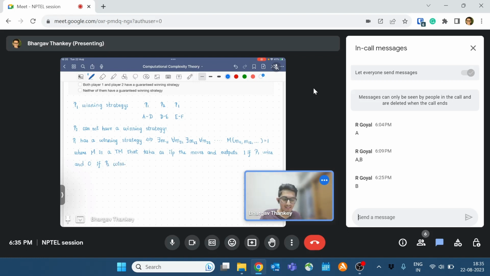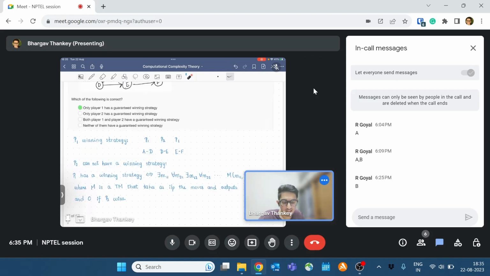This is exactly what we mean when we say that player one has a winning strategy, right? Yes. And over here, the Turing machine M exists for this game